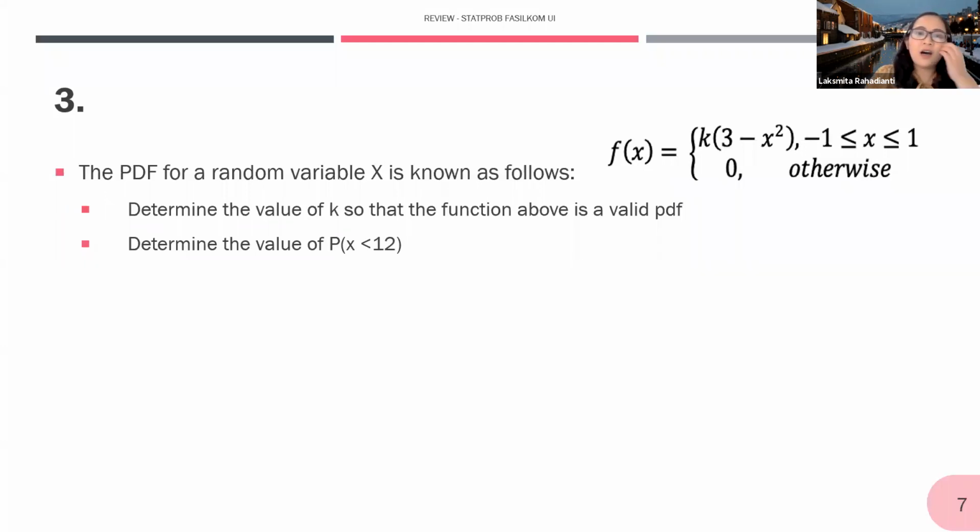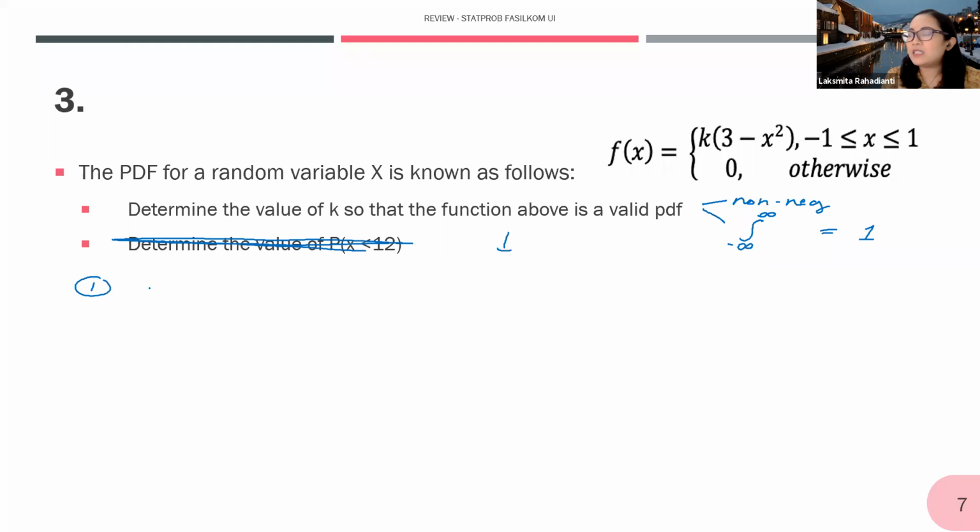Okay, so first, we need to determine two things. First, we need to know that it is non-negative. And the second, I need to know that the integration over the entire possible values should be equal to 1. Those are the two things I need to check. So here I know that the values of K, so for the first one, the first non-negativity, cross that out first, that's my mistake. So for the first one, we know that